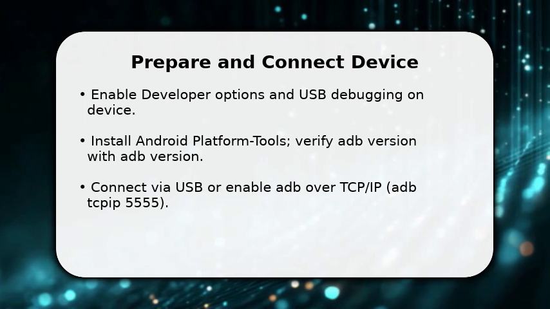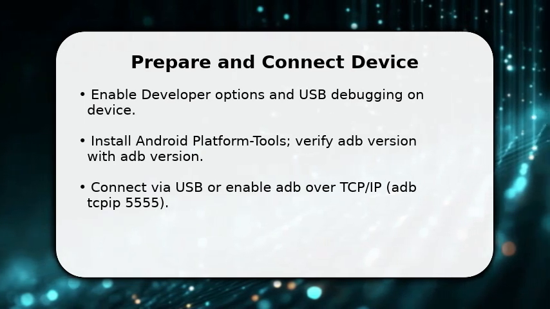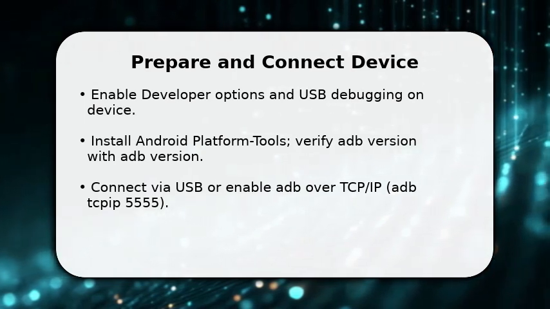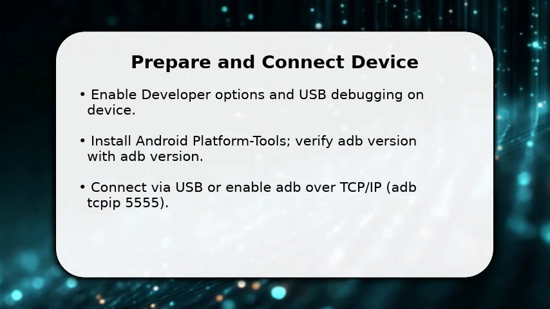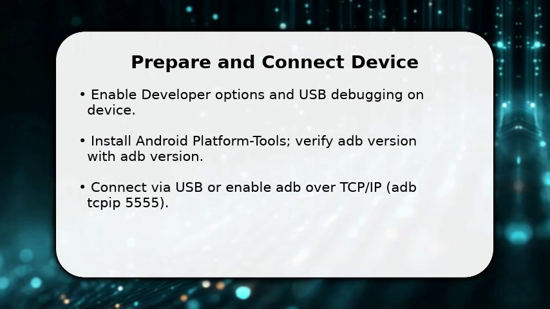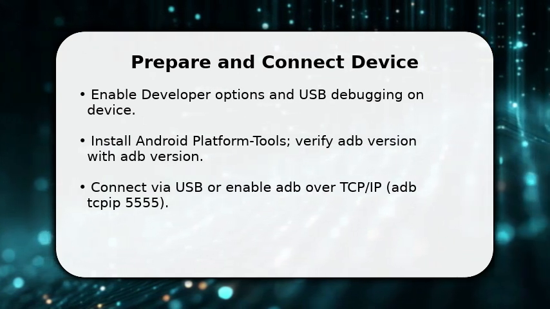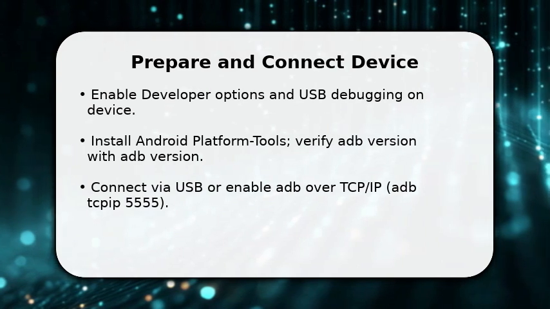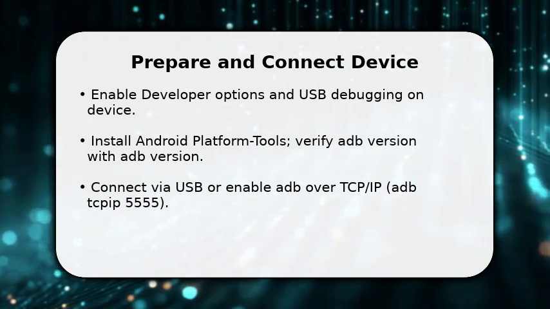You start by enabling developer options and turning on USB debugging. This grants ADB control. Next, install Android platform tools and confirm ADB responds with ADB version. Plug the device via USB, accept the RSA prompt on the device, and run adb devices to see it